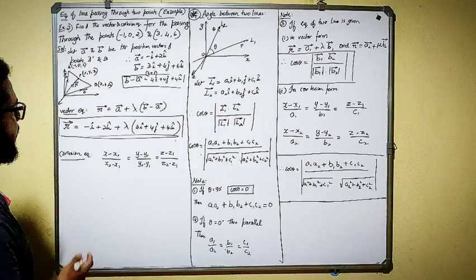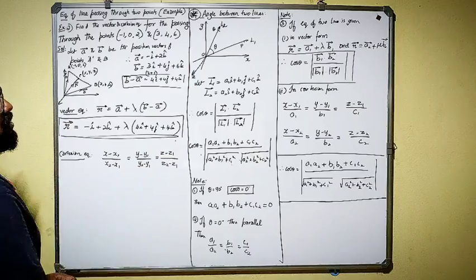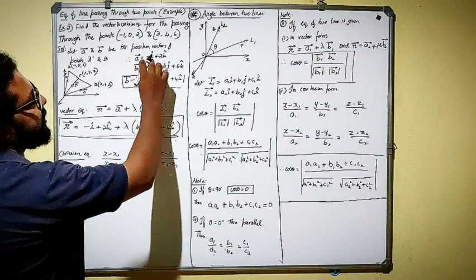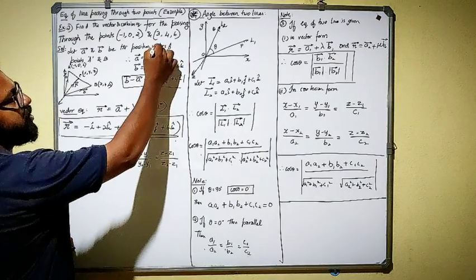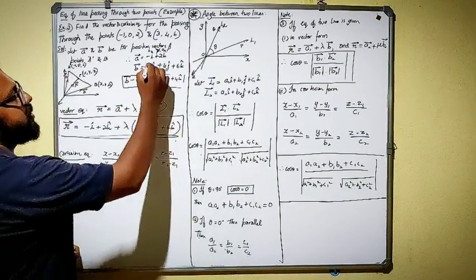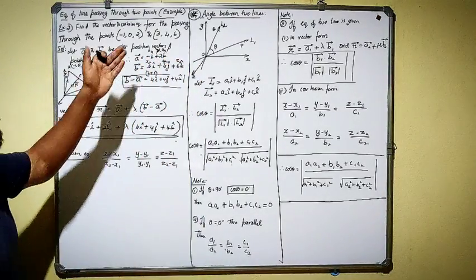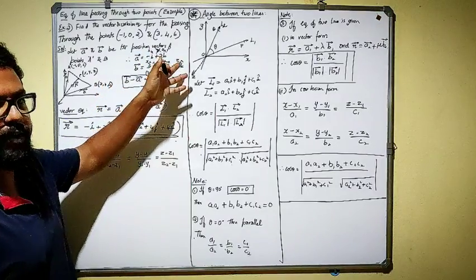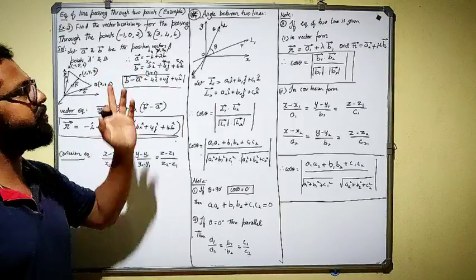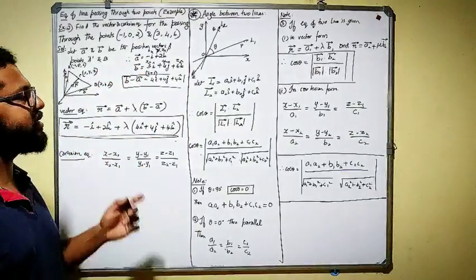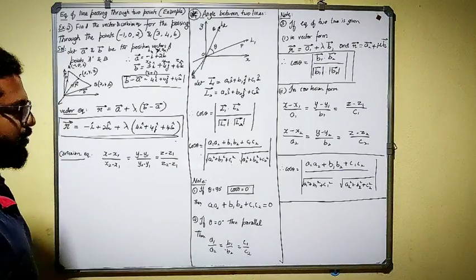Next, in Cartesian form, I need to identify x1, x2, y1, y2 and so on. Let me take the A values as x1, y1 and z1, where y1 is 0. These values are x2, y2, z2. If you ask how I took A vector as x1, y1, z1, check the derivation. In the derivation, A vector is x1, y1, z1 and B vector is x2, y2, z2. That is the application of the derivation, which is why you need to learn it.